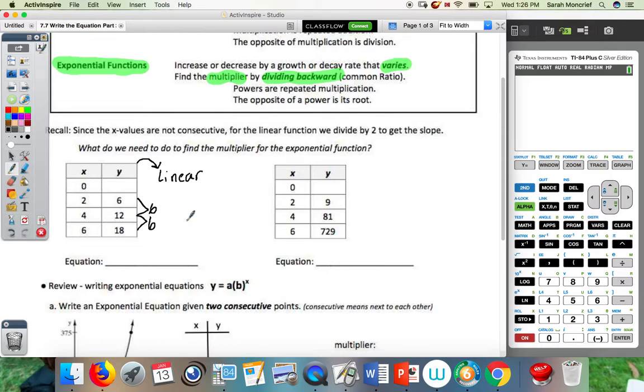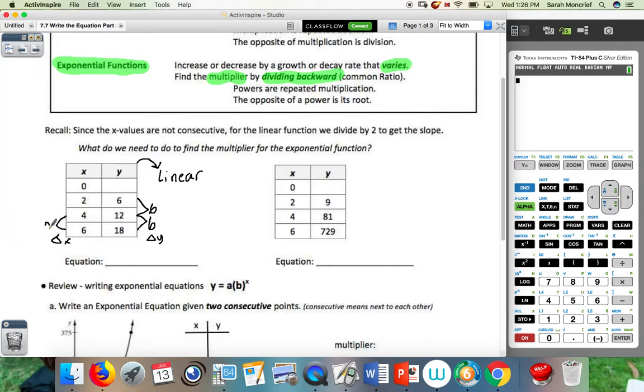And remember, if we're looking for linear, we're looking for the slope. The slope was the change in y, so delta y over the change in x. Do we know the change in x yet? No, let's find it. So it's 6 minus 4, 2. What's 4 minus 2? 2. And what is 2 minus 0? Again, that is 2. So in order to find the slope now, we need to do delta y over delta x,